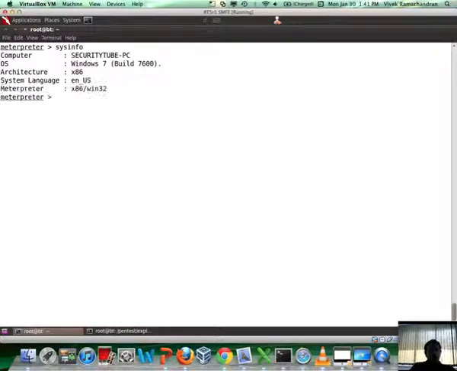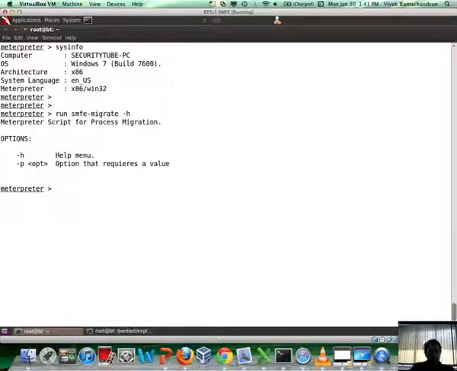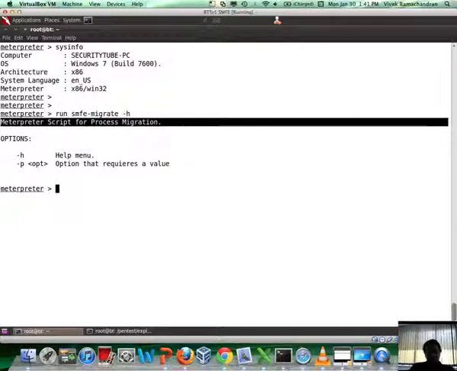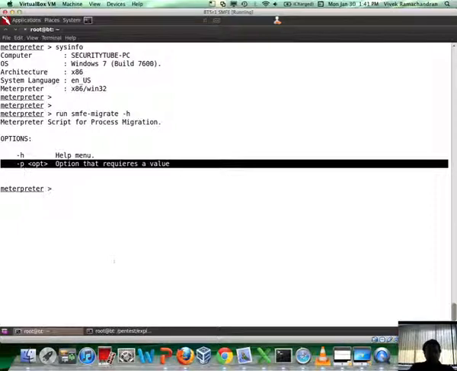We are running on a Windows 7 machine. And here is what we're going to do. Let's run the Meterpreter script smfe_migrate with the -h option. And immediately you see it says Meterpreter script for process migration. Fantastic. And the -p option requires a value. Stupid us.